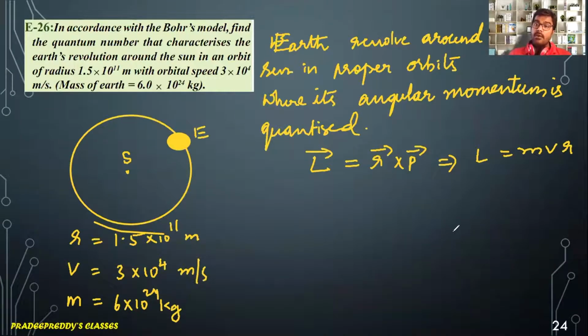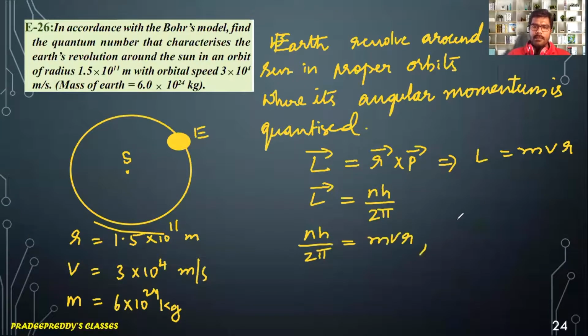I'll just equate this with quantization rule. What is quantization rule? According to Bohr's quantum condition, angular momentum should take a proper value which is equal to nh divided by 2 pi. This is Bohr's quantization rule. Now from this equation 1 and 2, you can just substitute that nh by 2 pi is equal to mvr. From here, n is equal to mvr into 2 pi